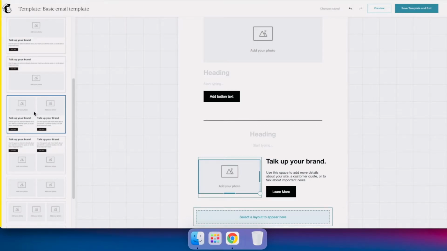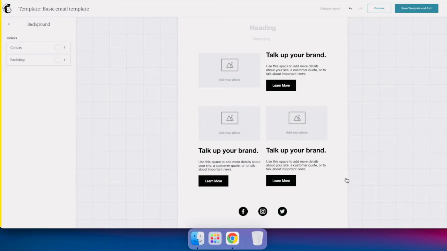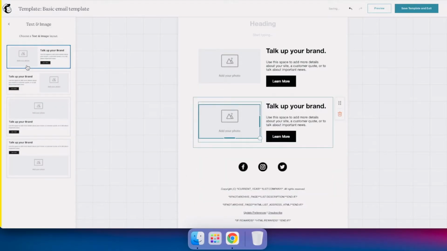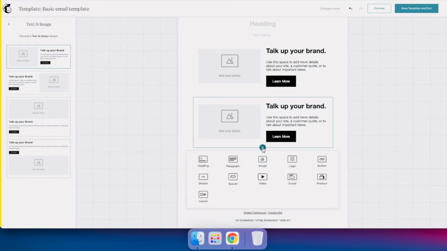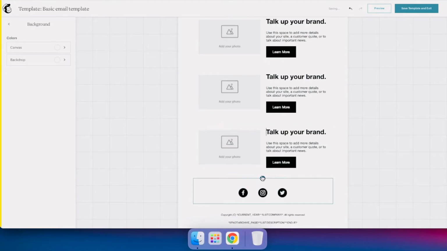I would go with this layout with the image and below that the headline and the text if I would have some type of products that I want to talk about or articles that I want to mention. But otherwise, I really prefer the 50-50 split where you have the image on the left side and the copy on the right side. So since we have 5 best practices, I will have to repeat this 5 times and